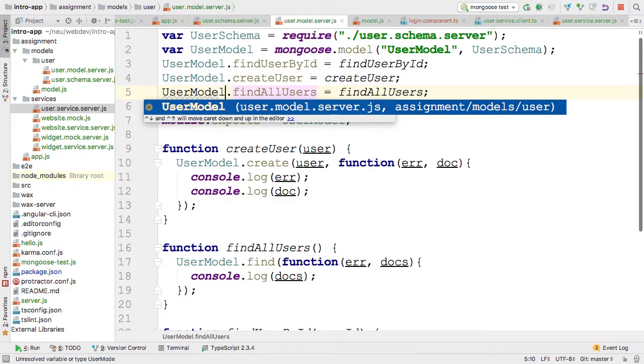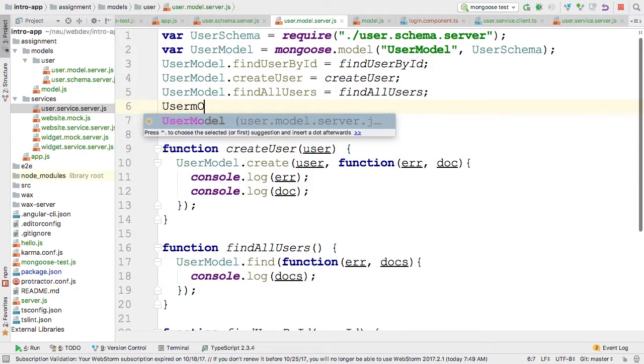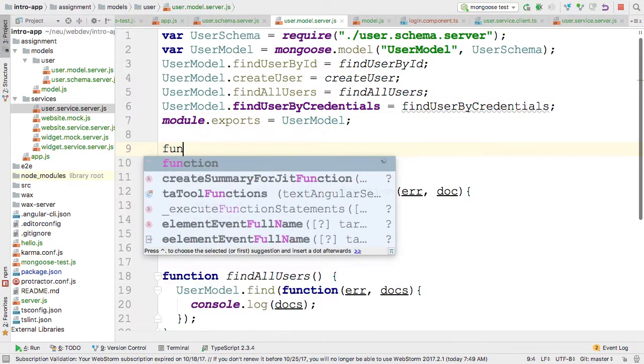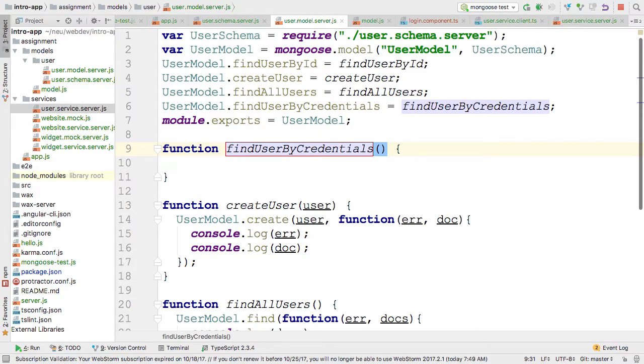So let's implement it right here in the user model. So function find user by credential, and we're going to pass in username and password. So that internally here, we know we're using Mongoose, right? But anybody who's using the data access layer here